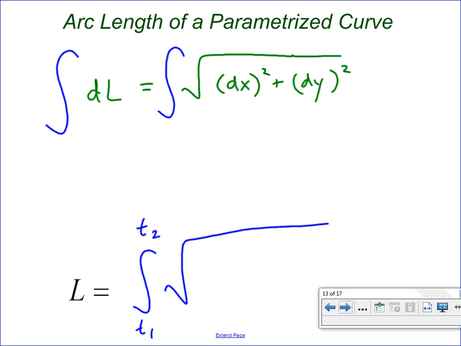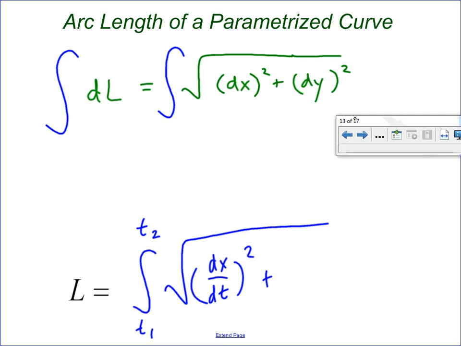The integral of the square root of, and we'll replace my dx with dx/dt, the derivative of x, that small change in my x coordinates with respect to time, squared, plus dy/dt, my rate of change in the y coordinate with respect to time, squared, close radical, and then with respect to time. My limits are time values, right? My independent variable is time, and so I'll have a dt here,